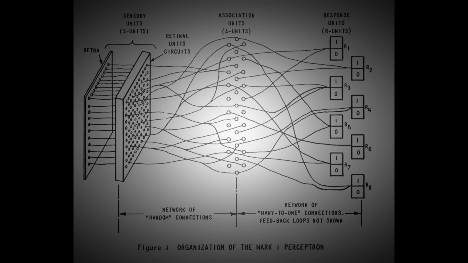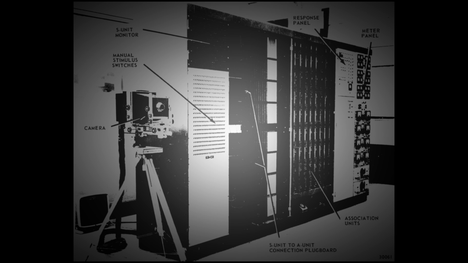By combining multiple of these neurons with sensors and some thresholds, in 1957, Frank Rosenblatt had built what was, in essence, the first trainable AI model in history, the Mark I Perceptron. This machine could learn to recognize different shapes and patterns with almost no human intervention. For the late 1950s, this was revolutionary.